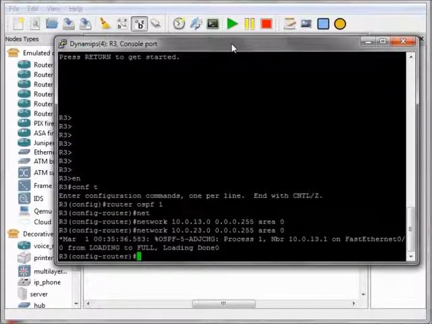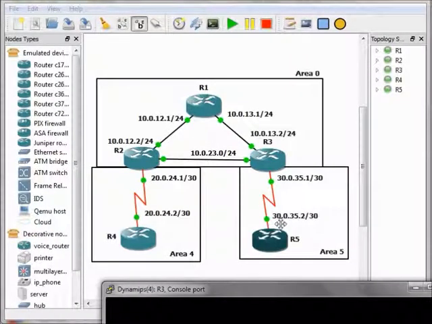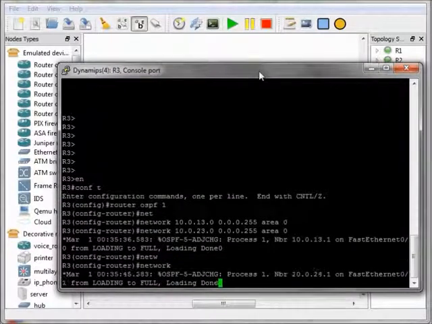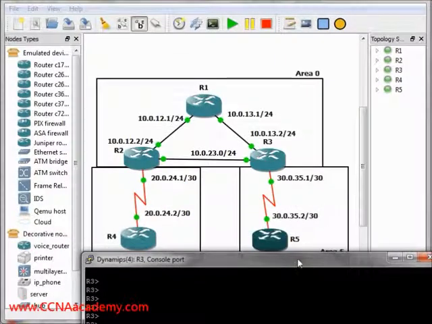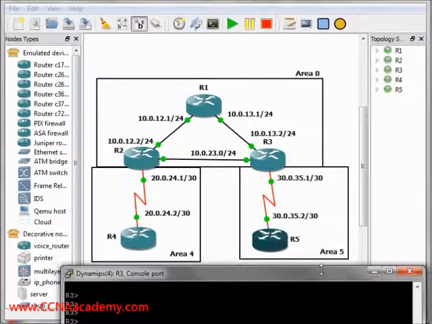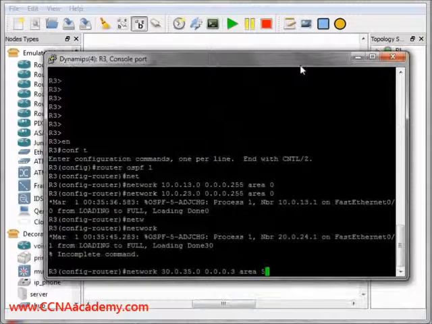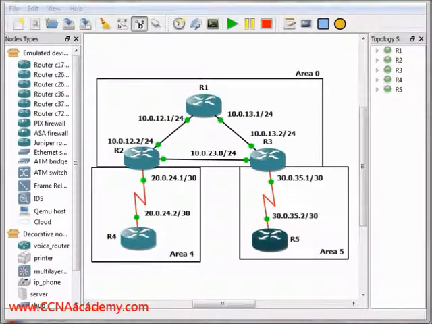Okay, good. And network 30.0.35.0, and the wildcard mask, /30 means that the wildcard mask is 0.0.0.3, area. This network exists in area 5. We finished router 3. Now enter to router 4,